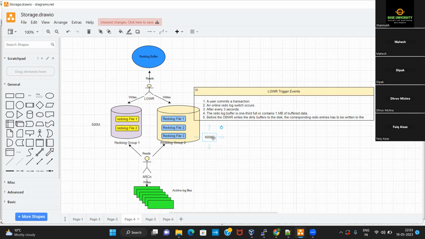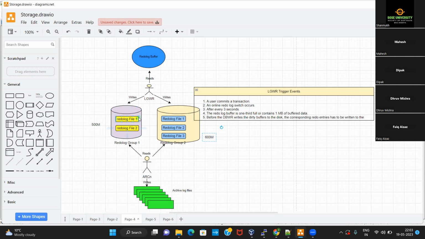Now, what does LGWR do in that case? You have got only these two redo log groups present in the database, so LGWR needs to come back to group 1. But the problem is, if it overwrites all those redo entries which were previously written on this redo log group, you will not be able to perform recovery in the database.